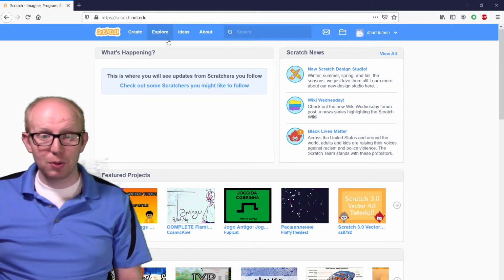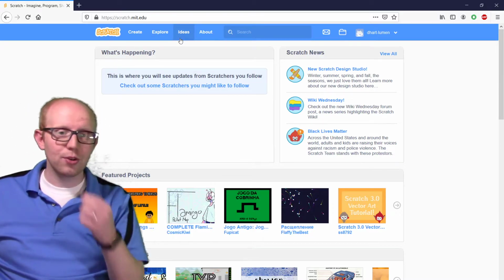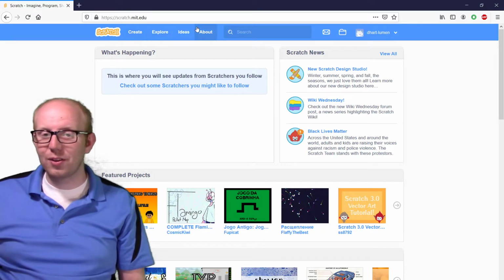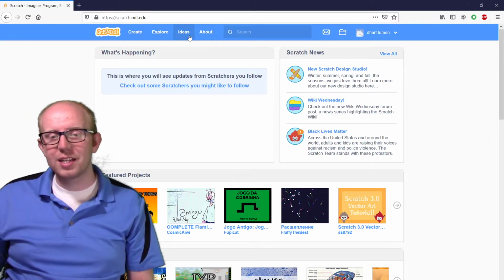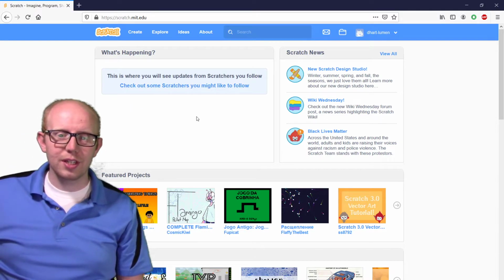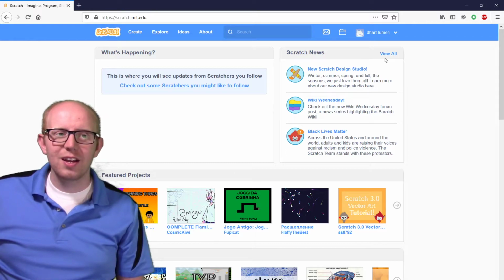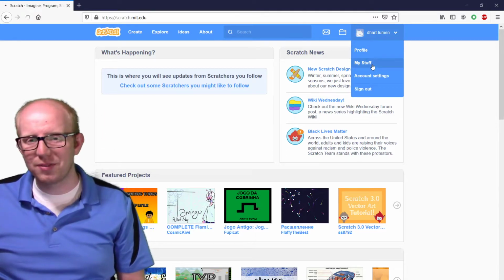But you can also explore other people's projects and get ideas for things you can do. Okay, so these are kind of the three tabs we're going to use. But specifically, I want you to focus on explore and ideas. Get a feel for what things people have done and can do in Scratch. Okay, I'm just going to show you some of my stuff. Okay, some of the programs I've seen and made, and